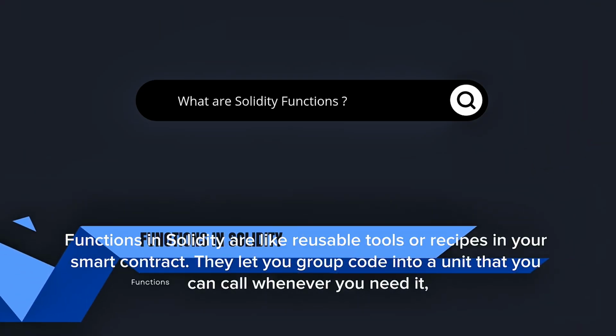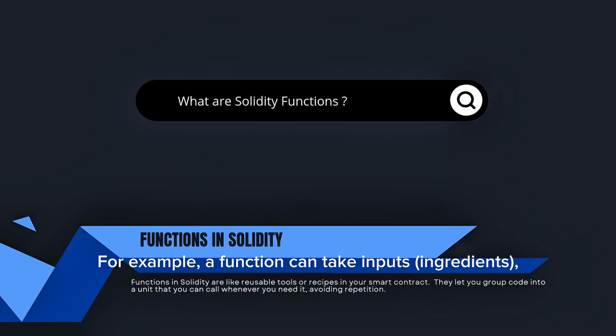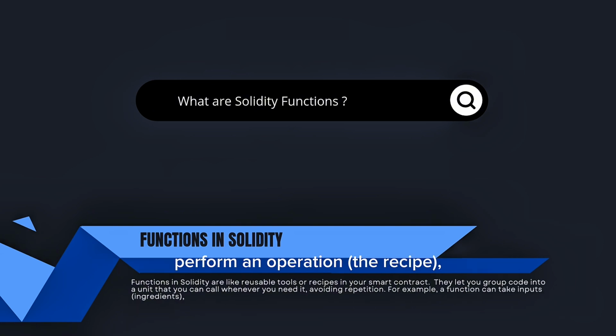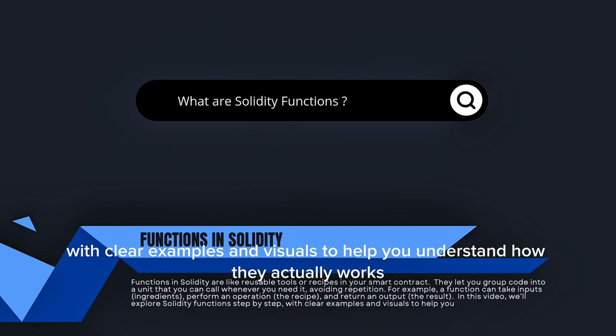Functions in Solidity are like reusable tools or recipes in your smart contract. They let you group code into a unit that you can call whenever you need it, avoiding repetition. For example, a function can take inputs (ingredients), perform an operation (the recipe), and return an output (the result). In this video, we'll explore Solidity functions step by step with clear examples and visuals to help you understand how